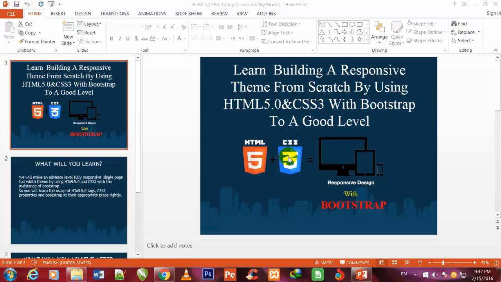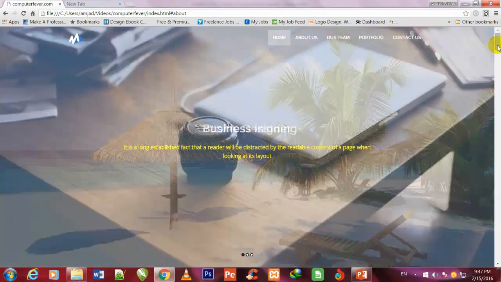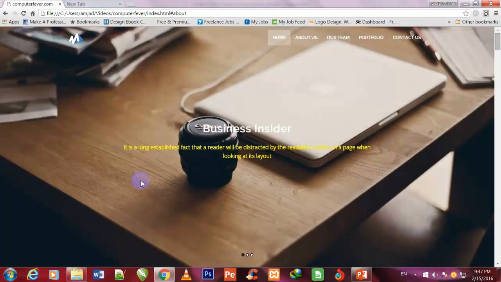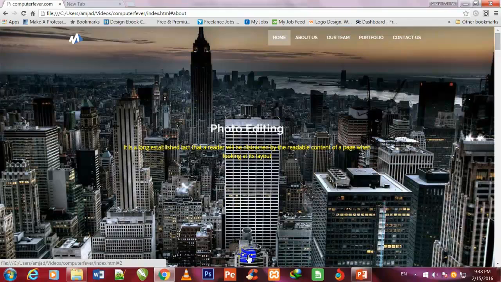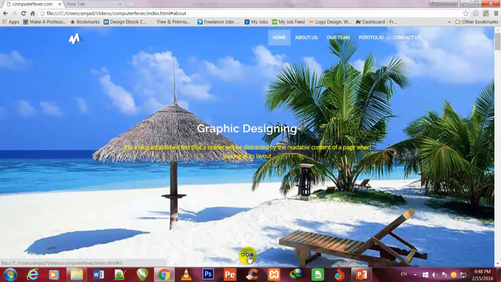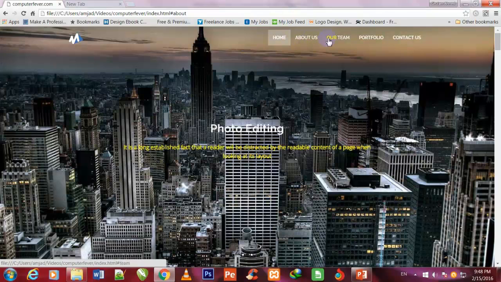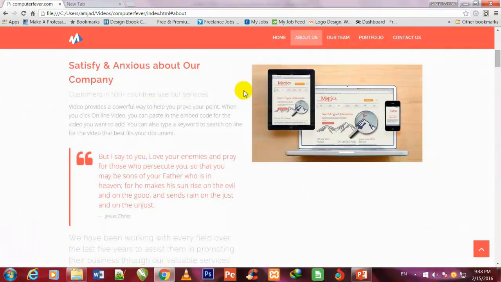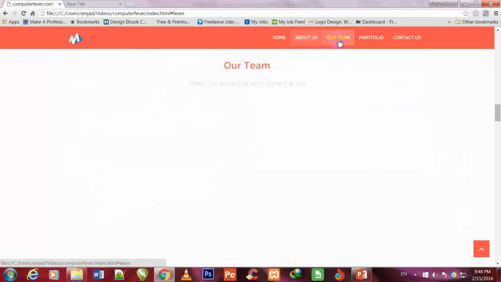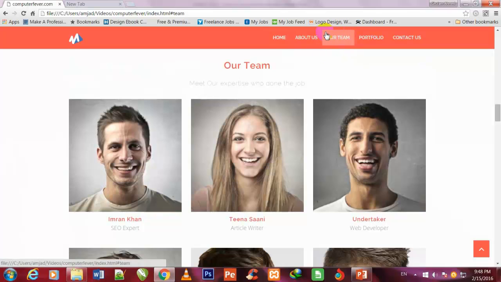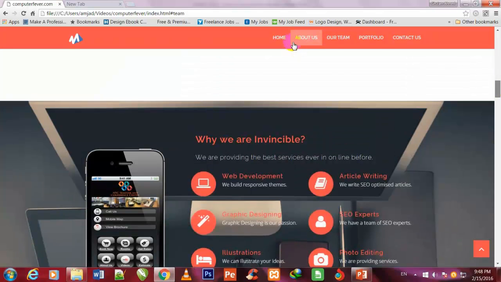Friends, first of all, I would like to show you the preview of that theme which will be made in this course. So friends, first of all, you see that this is the full width slider which is running, and you also watch the navigation bar and this background rectangular effect. So I click over it about a section. So this box design applied on this about a section. If I click over this about our team, then this rectangular style has been applied on our team section, and if I scroll it up, then automatically it changes to other section.